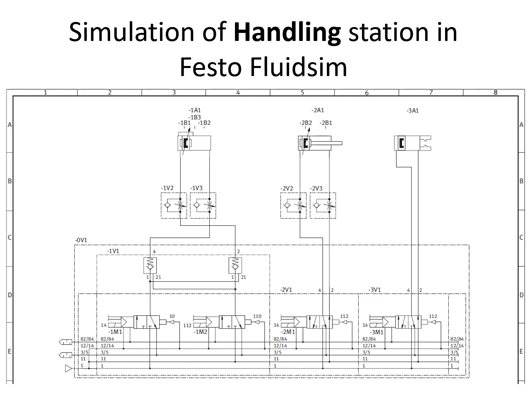Okay, so what do we have on the handling station? I strongly recommend you to go and watch the videos on YouTube for the handling station. You see that we have a top crane, and there is one pneumatic cylinder for that. We have the vertical cylinder to reach the part, and we have a gripper. So we have three pneumatic actuators. We have check valves to control the speed on these two,